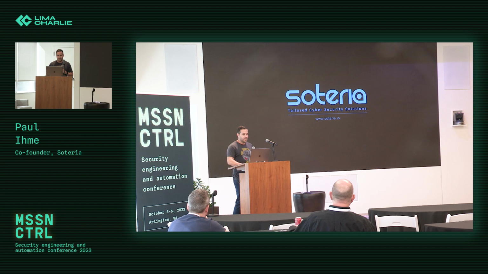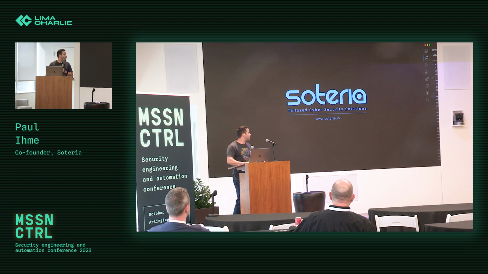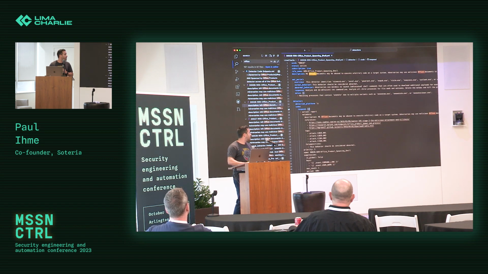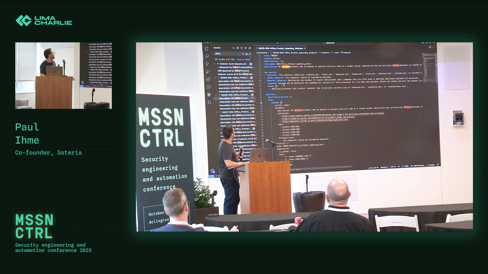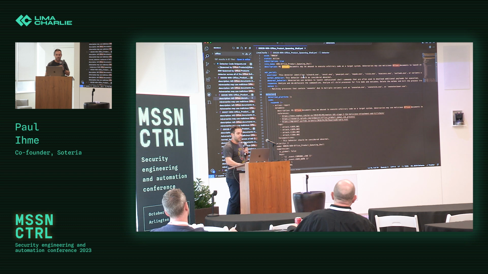Let's see. So, this way? Yes, this way. All right, so this is, in the VS Code window, this is a pretty basic example of an Office document spawning a shell, right? That's a pretty standard rule, and one that I'm going to mirror my screen, that way I can talk and not have to break my neck while doing it.